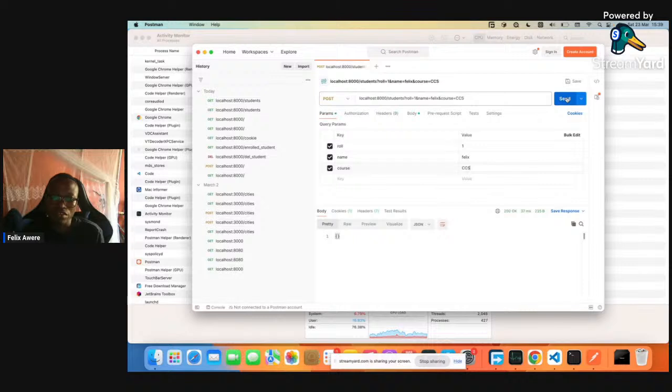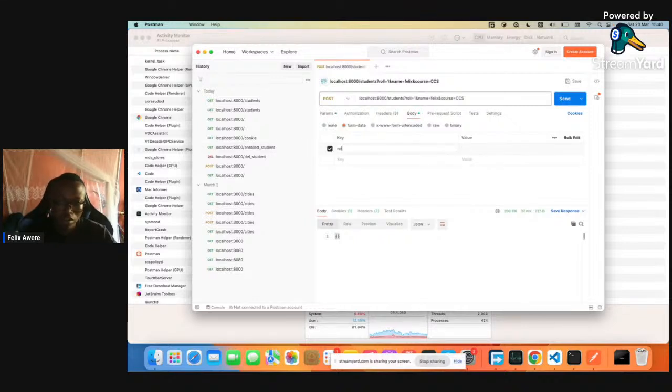Let's try sending these. They should be under body, not there. Key name. Let me just delete these ones. Delete that one. So we start with role. Role, we give it a value of 1. Key name, we give him Felix. And then course, we give him computer science. Like that. So when I click on the send button,